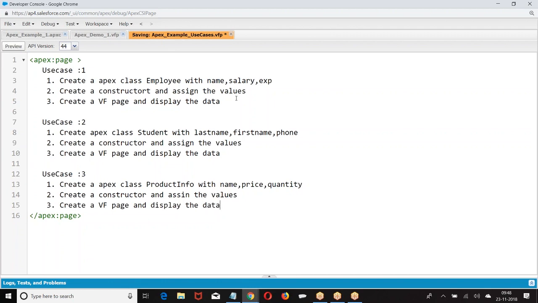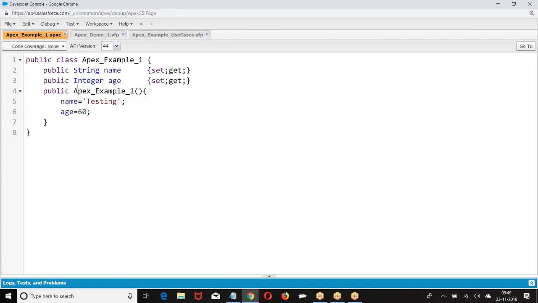So first create a class. How do you create a class? Basic. Create a class, create the variables, create a constructor, assign the values.